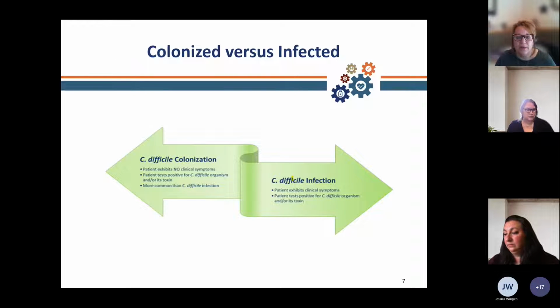So now we're going to talk a little bit about people who have C. diff. We're going to talk about whether or not they are colonized or whether or not they are infectious. Because C. diff is a bacteria that's found in the human gut, the bacteria can be detected in diagnostic tests even though the patient is not showing any symptoms. It is important to distinguish between those that are colonized cases and those that are infectious cases. If someone is colonized, the patient exhibits no clinical symptoms. The patient tests positive for C. diff organism or